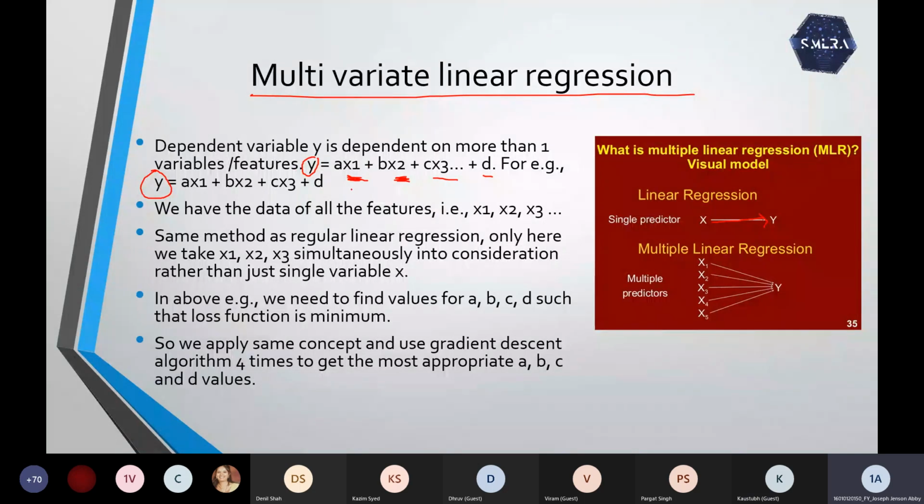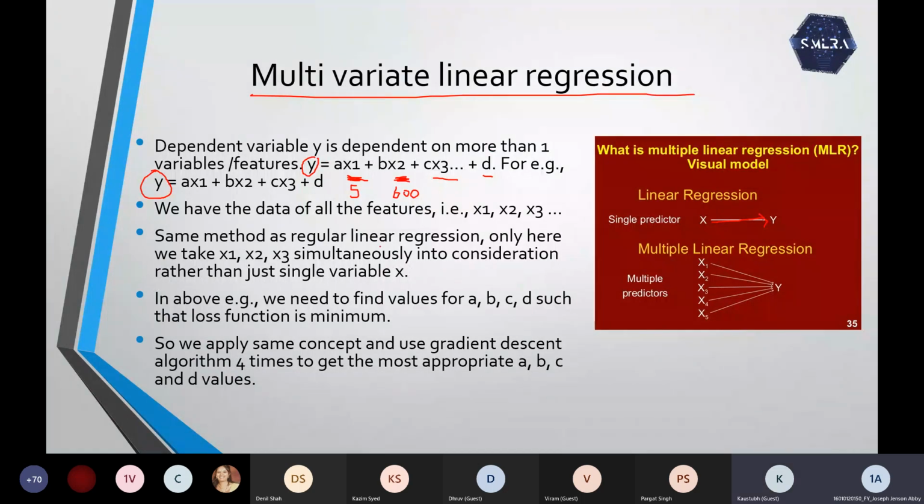If I have a particular input outside the data, say 5 liters of water and 600 grams of fertilizer, how much yield will I get, or how should I adjust these so that I get the best yield? All those questions can be answered if you do multivariate linear regression.